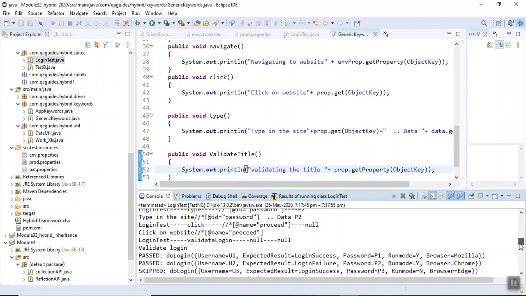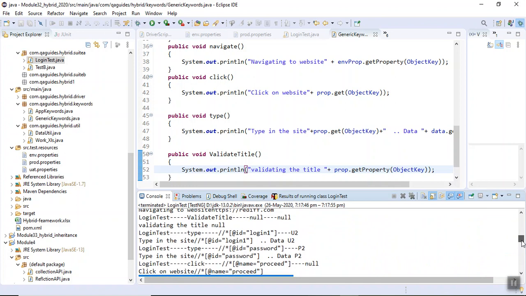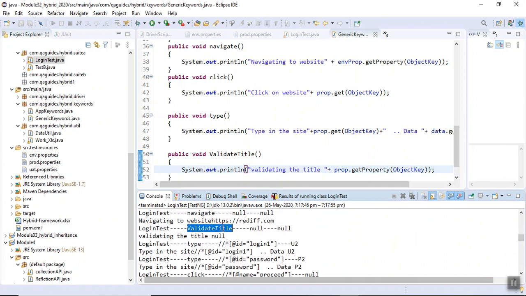And validate login also worked fine. See, validate title is also working fine. What I do is take a dummy value.